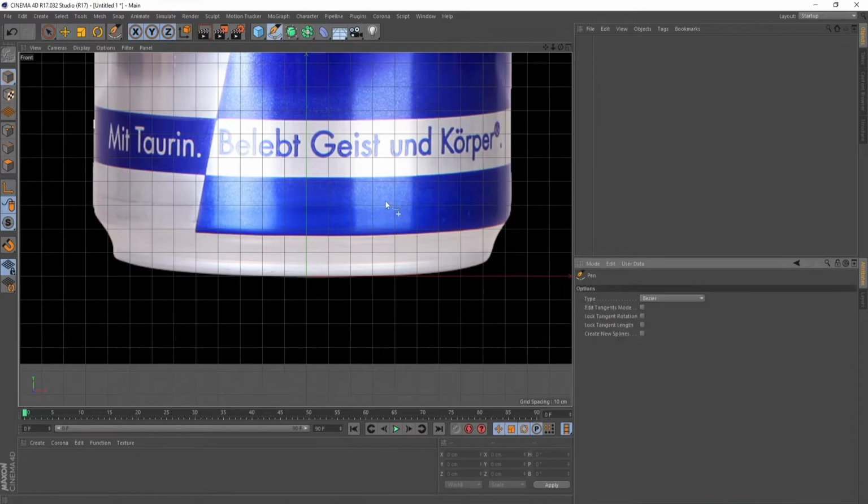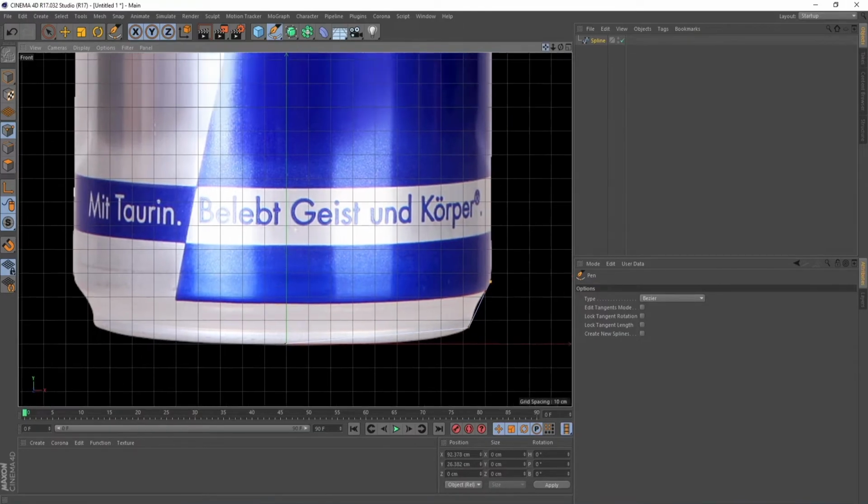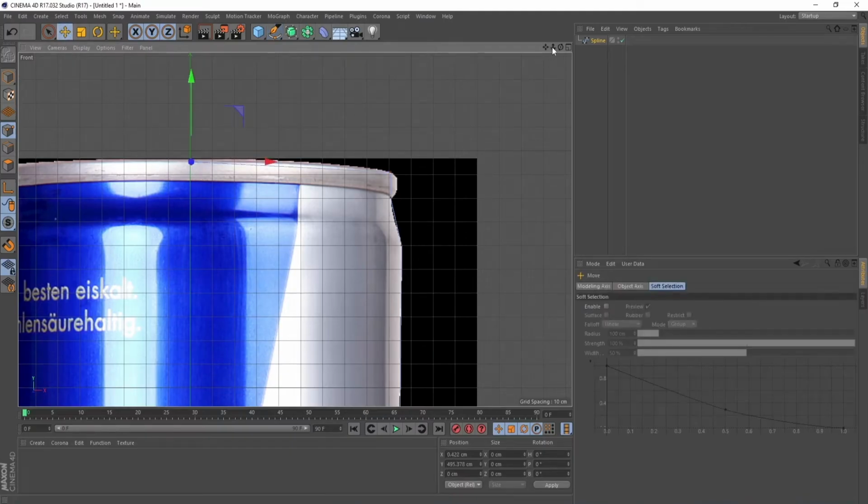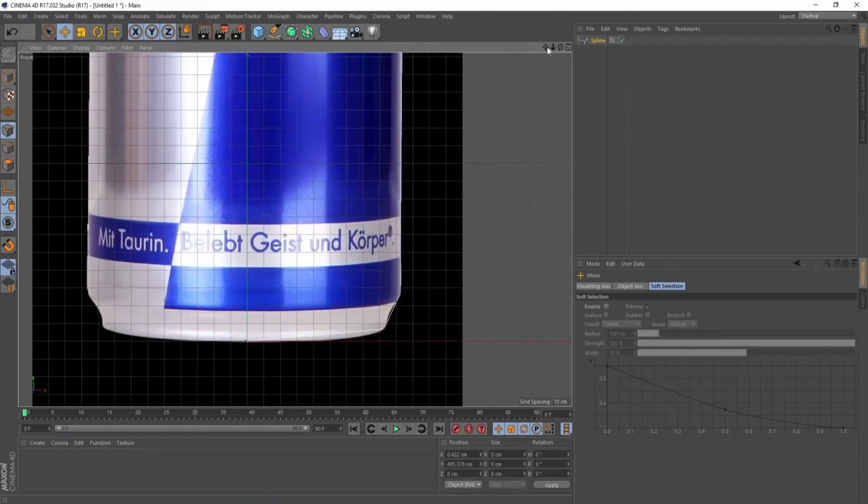Okay, I'm going to use the pen tool to draw half of this can, and I'll start from the XY point and just draw exactly half of this can. Now we have finished drawing exactly half of this can,